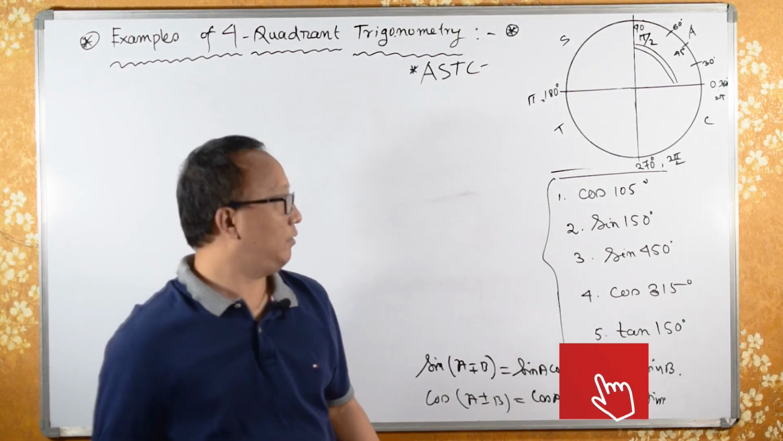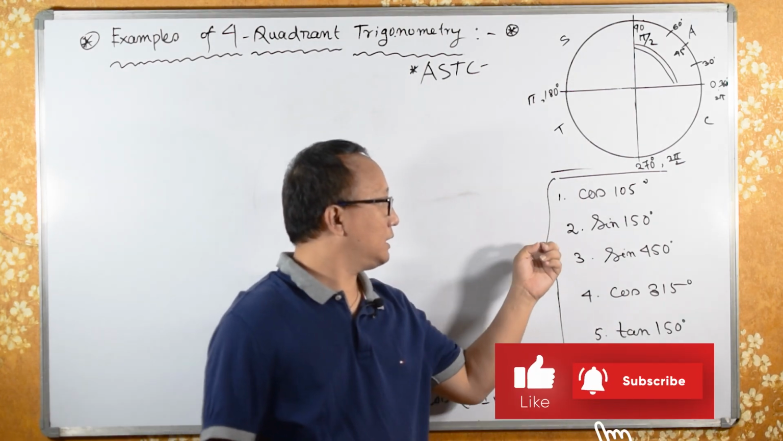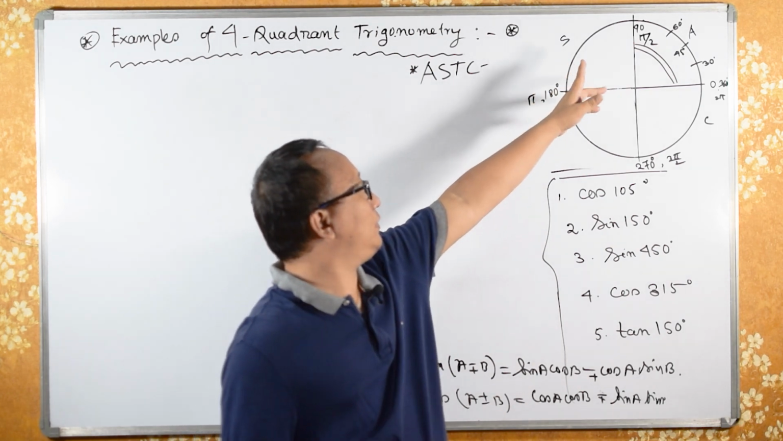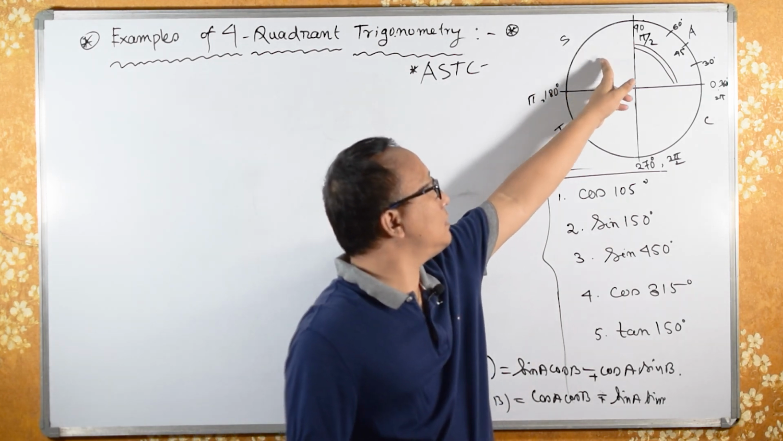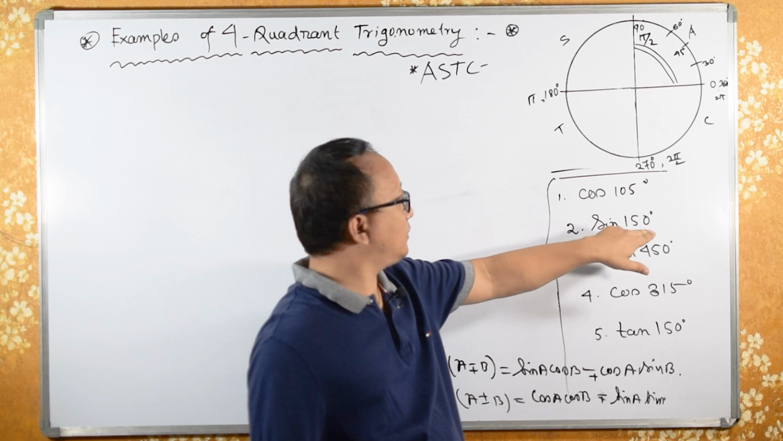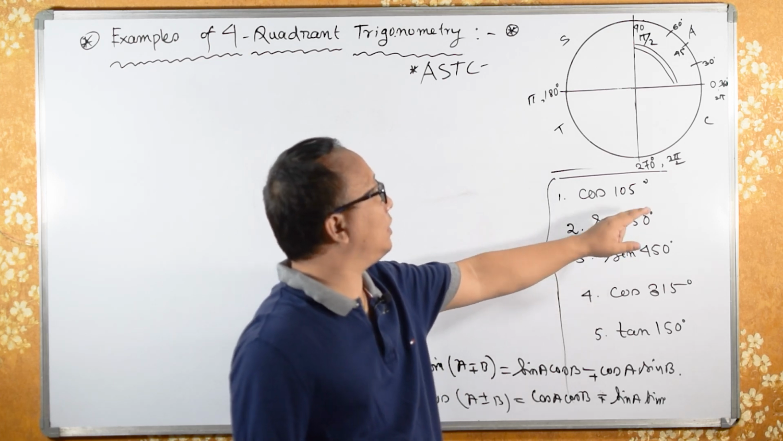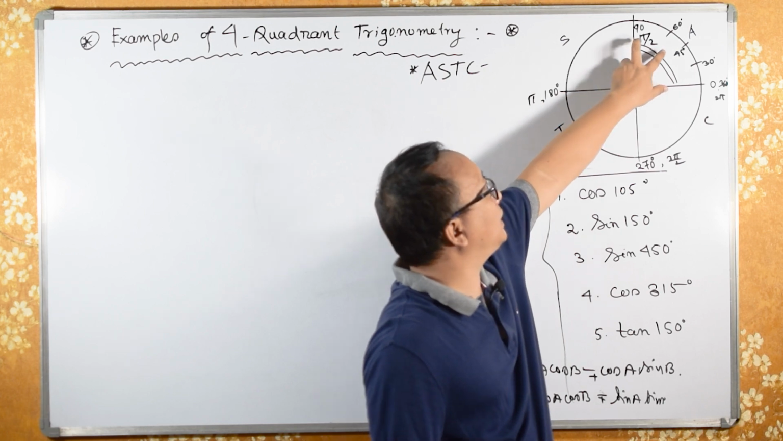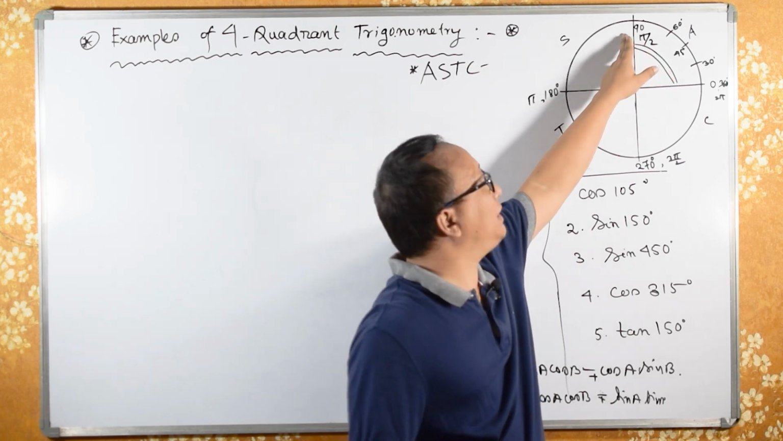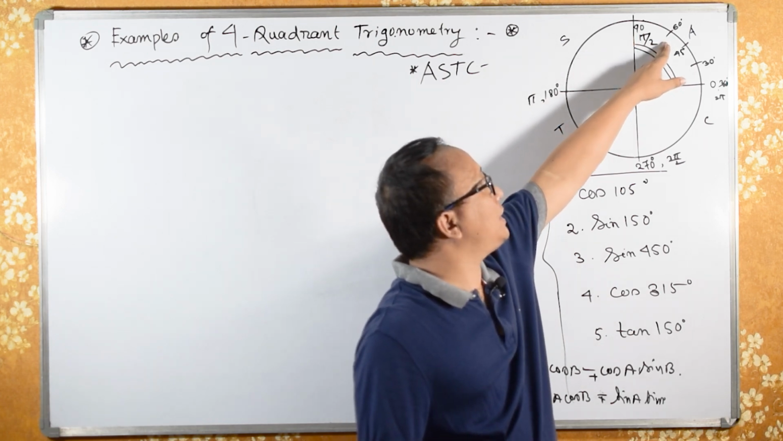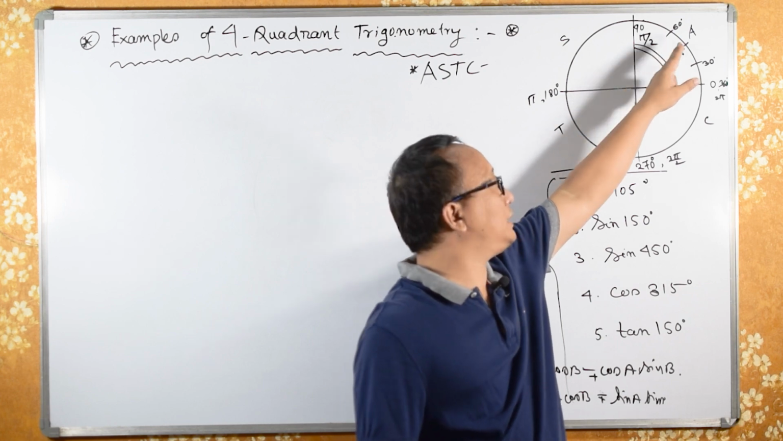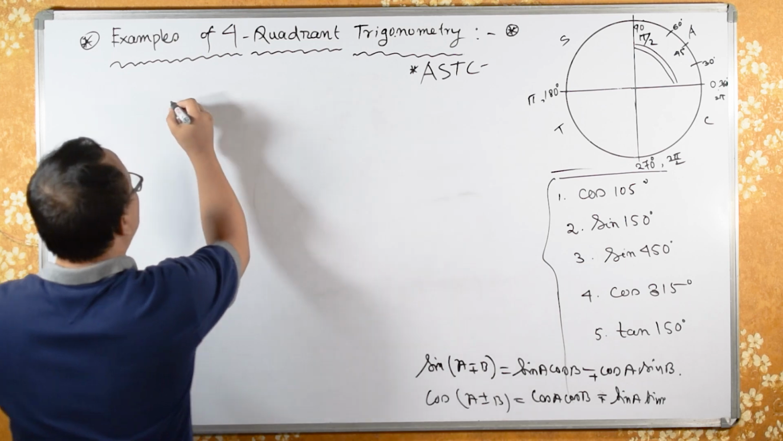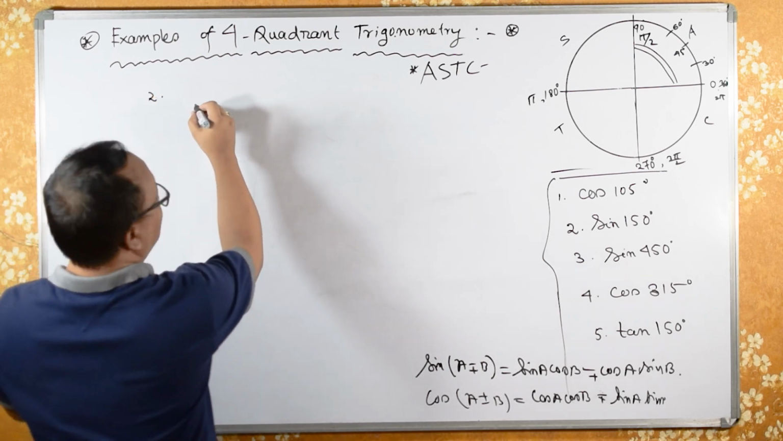Now let's solve 2. 2 means what? Sin of 150. Sin of 150 lies in the second quadrant. What you can do is write 150 as 90 plus 60, because 90 and 60 you have for each and every trigonometric function. Let's solve 2 sin of